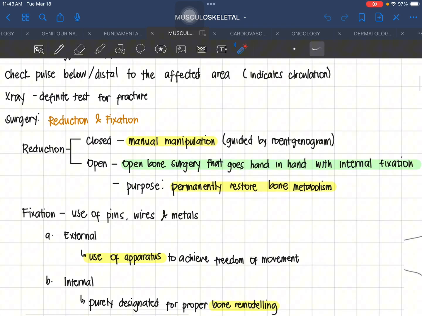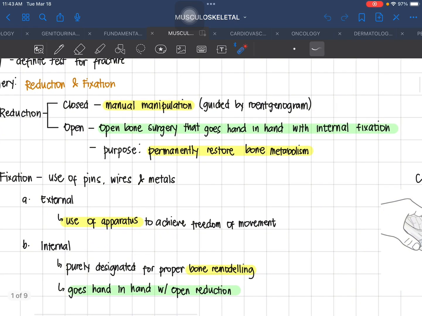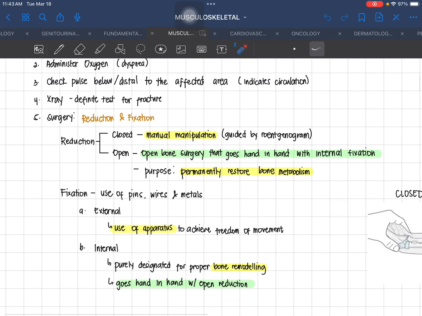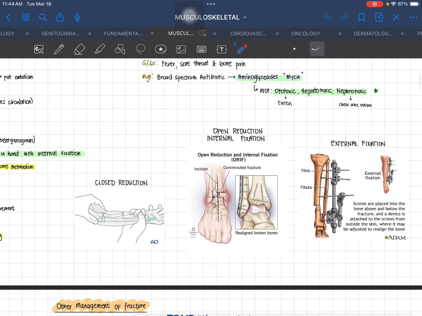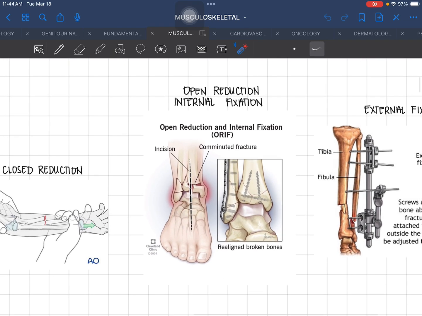syempre, bubuksan yun. So, open bone surgery that goes hand in hand with internal fixation. So, ang purpose nun is to permanently restore yung bone metabolism. So, meron tayo dito, open reduction. Ito yung sinasabi na open reduction goes hand in hand with internal fixation. Kaya may tinatawag tayo na pinagsama sila na ORIF. O-R-I-F. So, ayan, magkakaroon ng incision and then